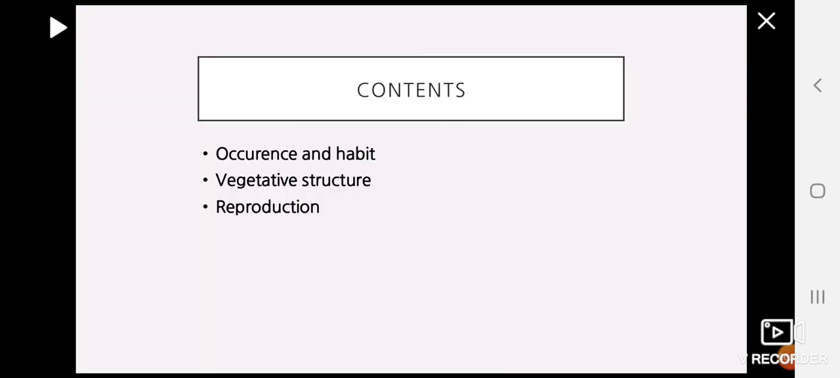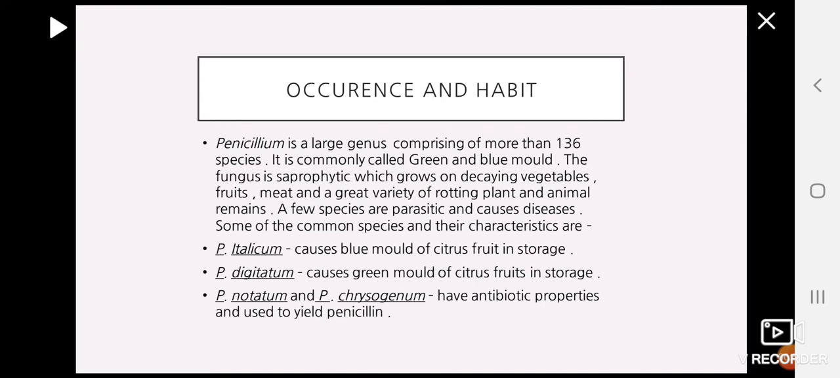Penicillium. So in this, we'll discuss its occurrence and habit, then vegetative structure, and after that, I'll explain the reproduction, asexual and sexual reproduction. So first of all, we'll discuss its occurrence and habit. So Penicillium